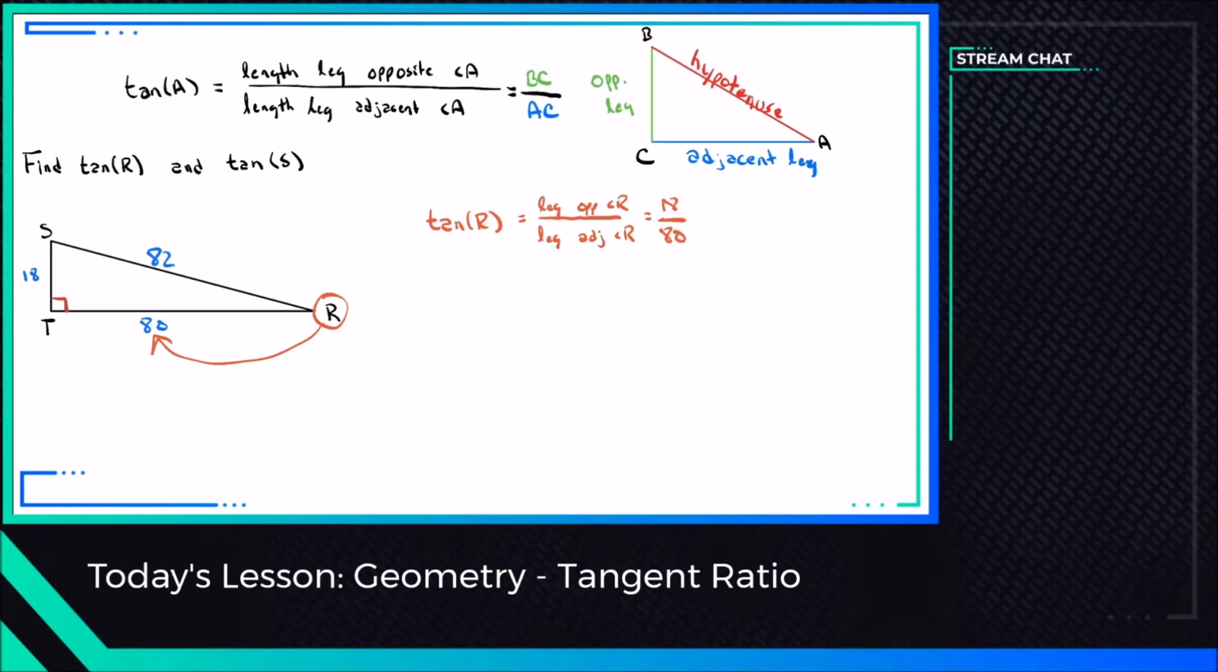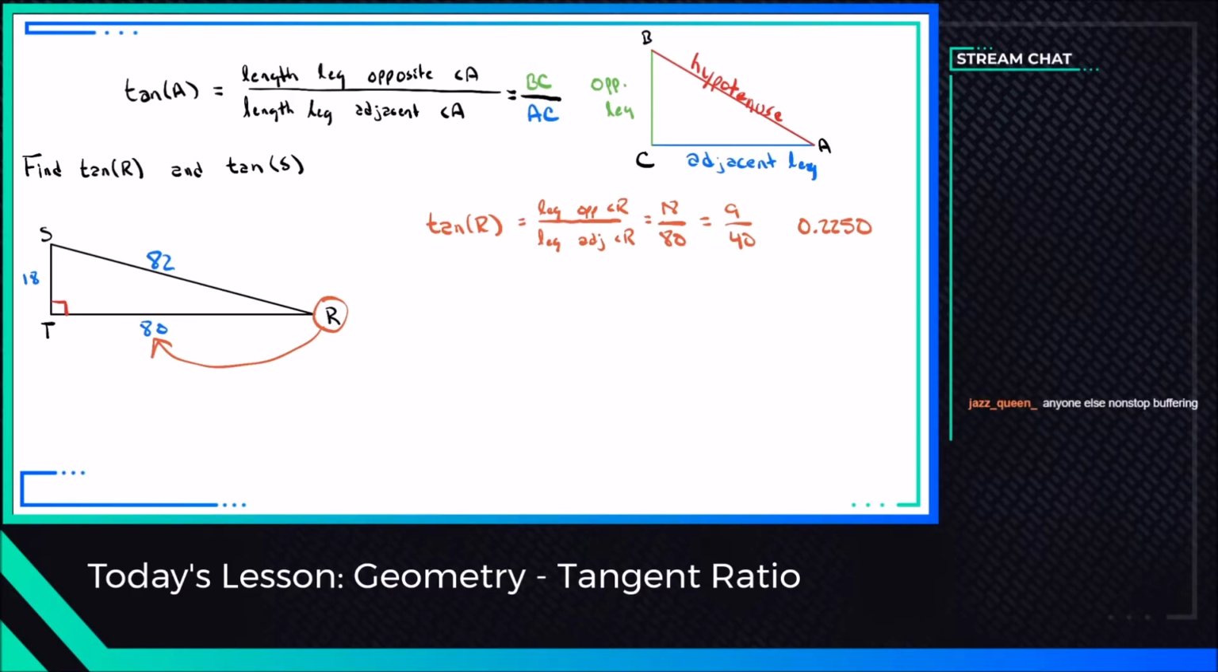And if we take 18 over 80, that is equal to 9 over 40, or approximately 0.2250. Actually, it's straight equal to that. This one doesn't need to be rounded. All right, next we're going to go ahead and take a look at angle S. So we're going to take the tangent of angle S, and once again, it's going to be the opposite over